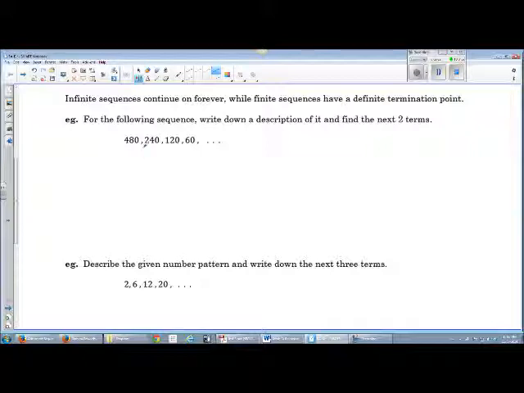So we could say that the sequence starts with 480, and each term after that is produced by dividing the previous term